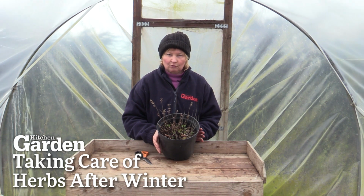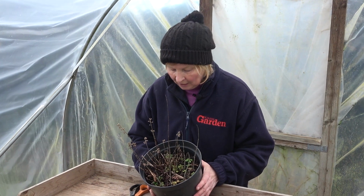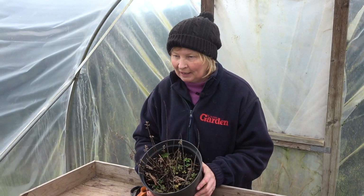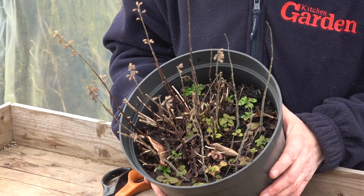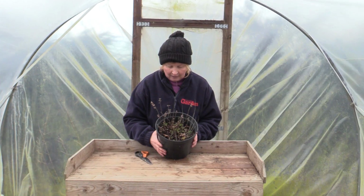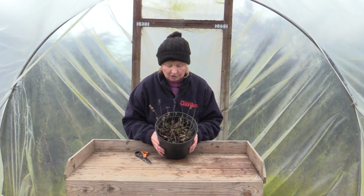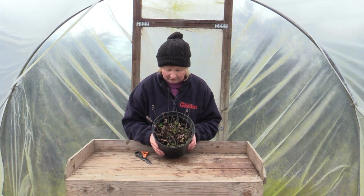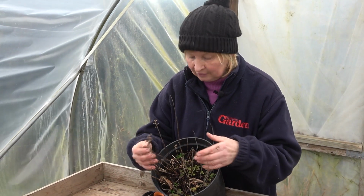Okay, in late winter or early spring, you'll probably find a lot of your herbs will have started sprouting back, coming back to life. This one here is marjoram or oregano. Other ones like lemon balm or mint, they tend to die down for the winter, but then this time of year you'll start to see lovely little green shoots appearing. But what you'll often find is you may not have actually cut back the old foliage, so